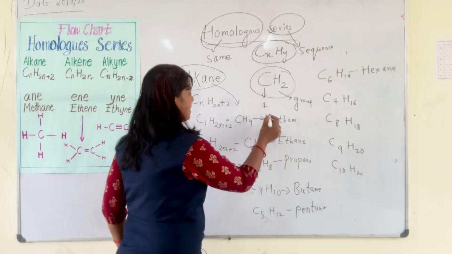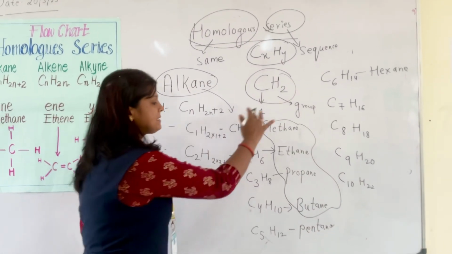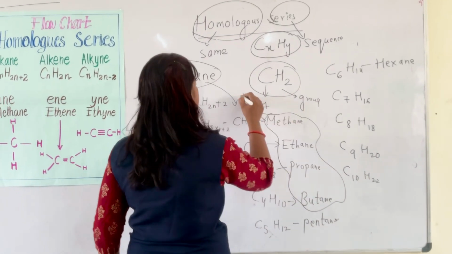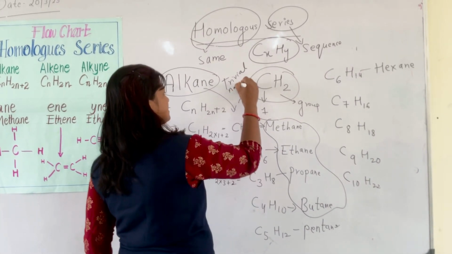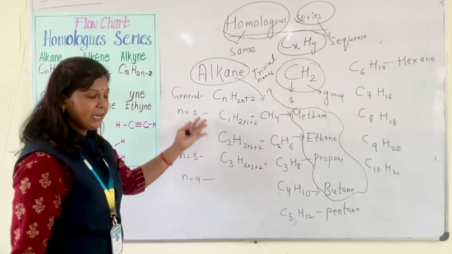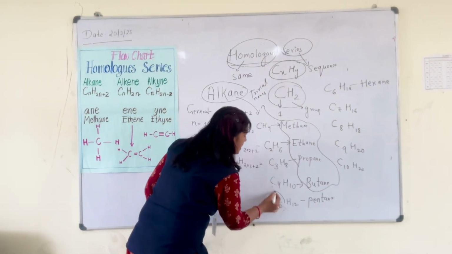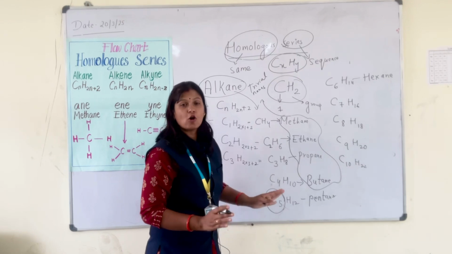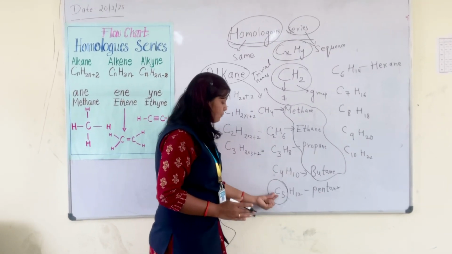Now you will ask, madam, where did these first names come from? These names are nothing but tribal names, given by different Ayurvedic persons. After butane, you will find that the names are given according to the number of carbons. For example, C5